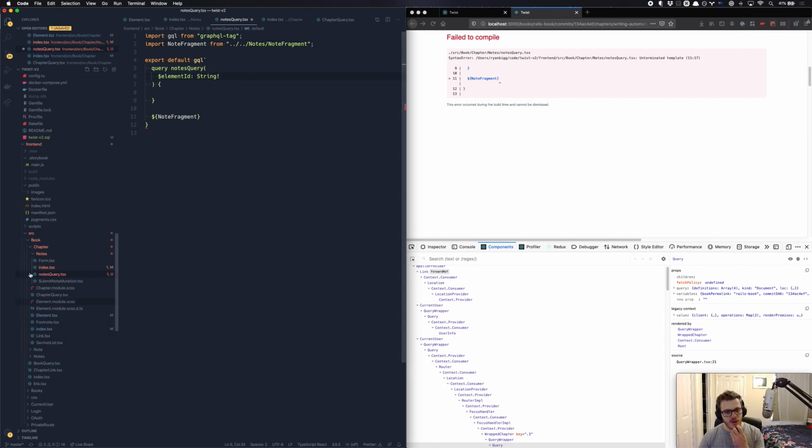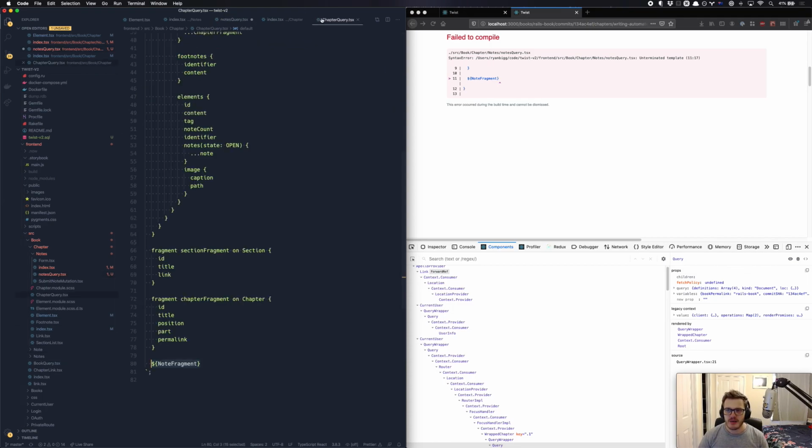So this is notes inside of chapter, but we want to go right up to the top. We want to go right up to notes down here, which is the same level as chapter. So we want to go up 1, 2, then 1, 2 to book into the source directory, and then down to notes, right? So the thing we want to get out here is that list of notes. The note fragment